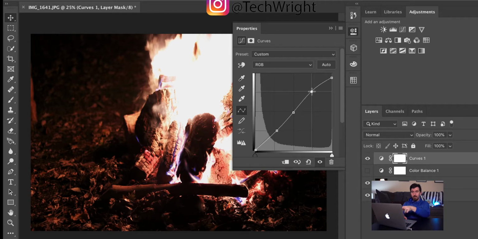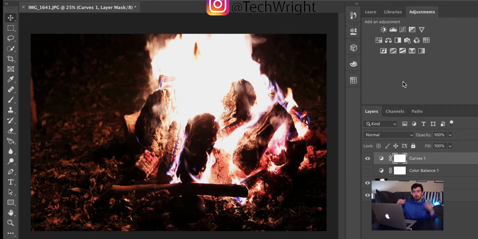And then if you can check this right here, you see that? That's the famous S-curve that everyone likes to do and talk about, because it gives you a little bit more of a dynamic range for your images. And the shape of the S-curve, how intense it's going to be, is going to be completely different with every single photo. That's one of the things that I like about editing in Photoshop and Lightroom and photography in general,